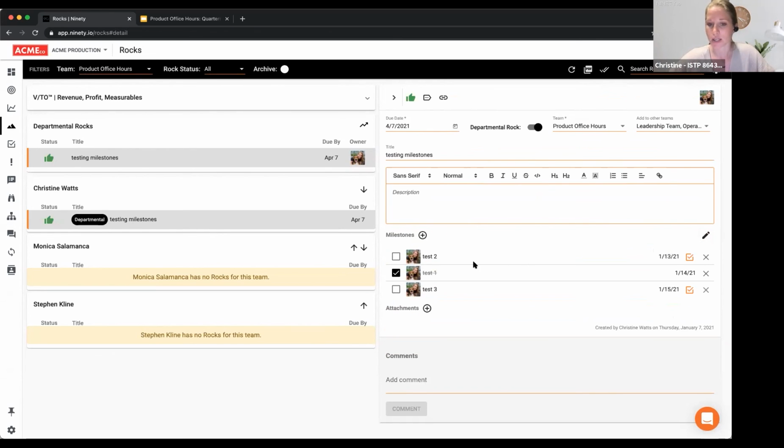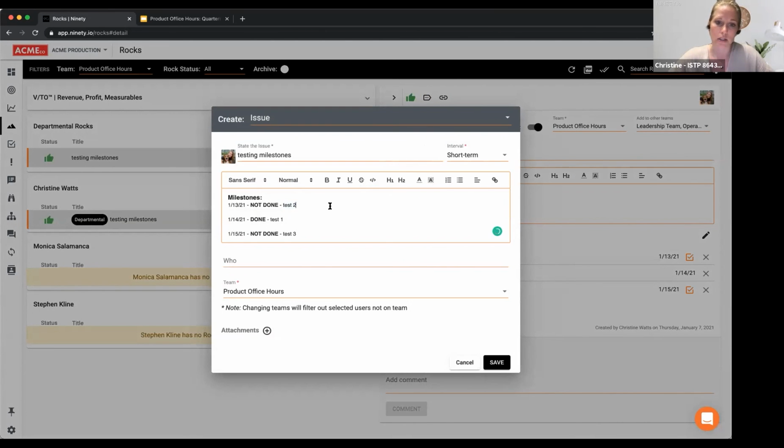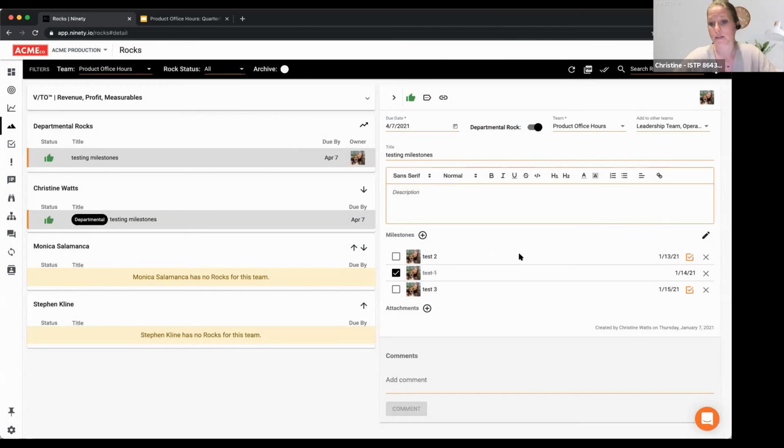So yeah, definitely want to get these text wrapping. And I also love the feedback of that second comment where, if I'm turning this into an issue, it's actually going to pull in the description of that item. So yeah, I think that's a great idea. I know when these become to-dos, the description does pull in. And it actually links back up. We have it updated now where if I change the title of the to-do or the due date, it will update the milestone as well, which is something we just launched about a month ago to really help out with that to-do and milestone linking.